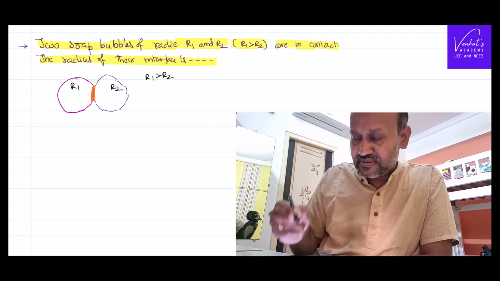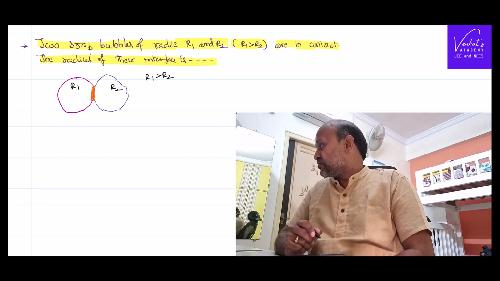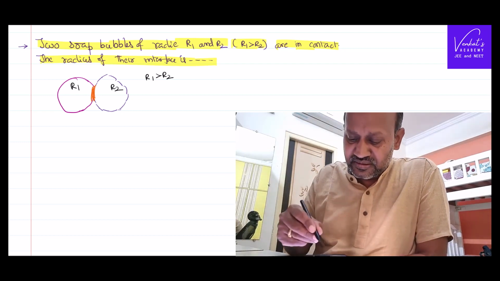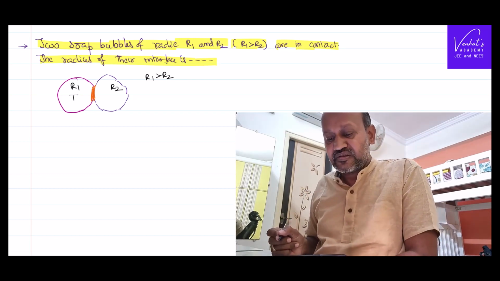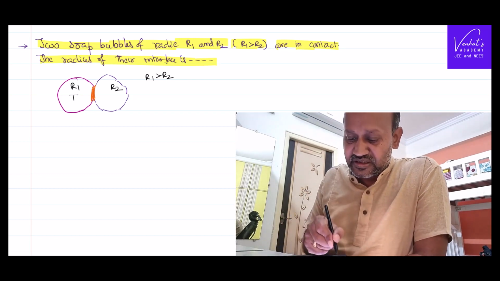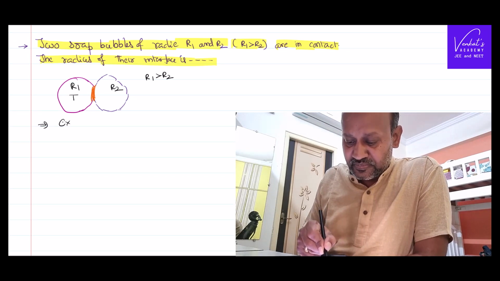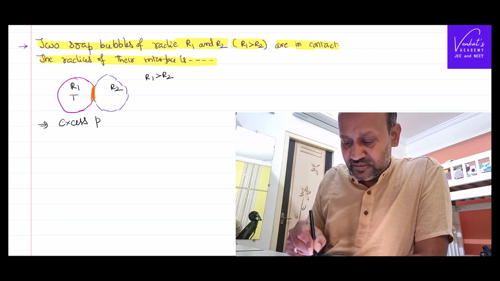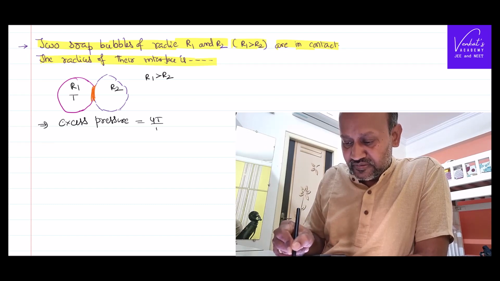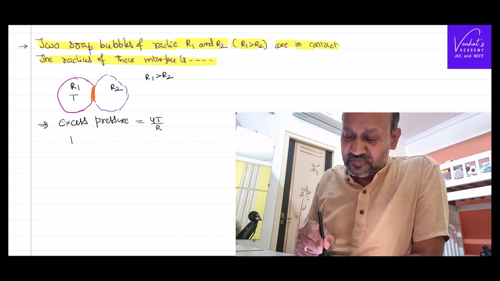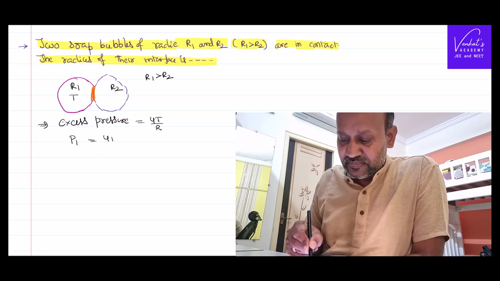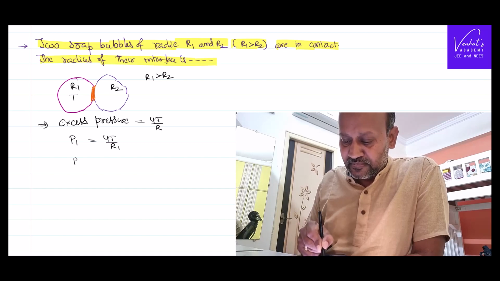is greater than R2. Because this is a soap bubble having some surface tension T, because of the spherical drop formation, there is an excess pressure developed in each of the drops. We know the formula for excess pressure inside a soap bubble is 4T by R, where T is the surface tension and R is the radius. So the excess pressure in the first drop is 4T by R1, and the excess pressure in the second drop is